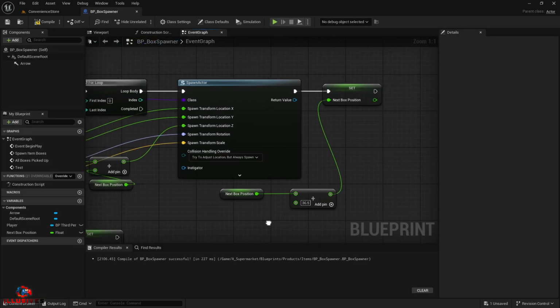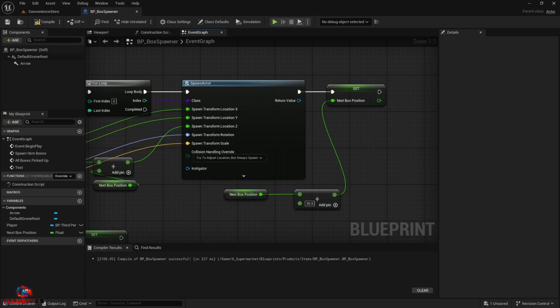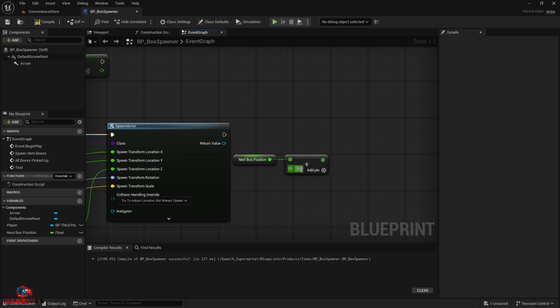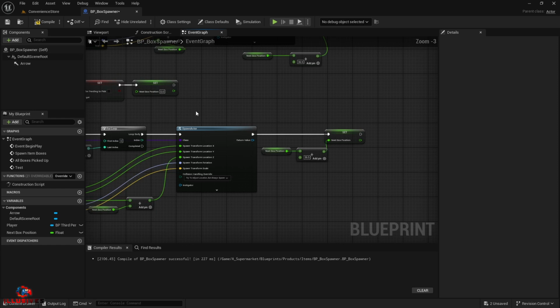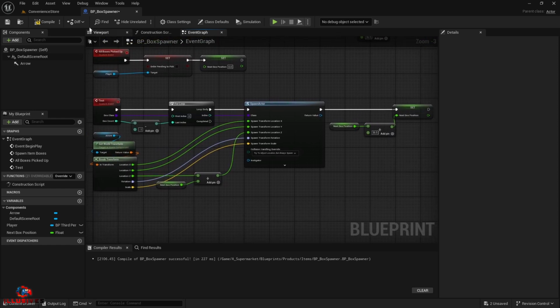So in my case, my mesh size shows me that a value of 36.5 is good enough, so that's the value I gave. So here we will again give 36.5. Then we will set this here. Now what is happening, let's understand that once this particular event we are calling,